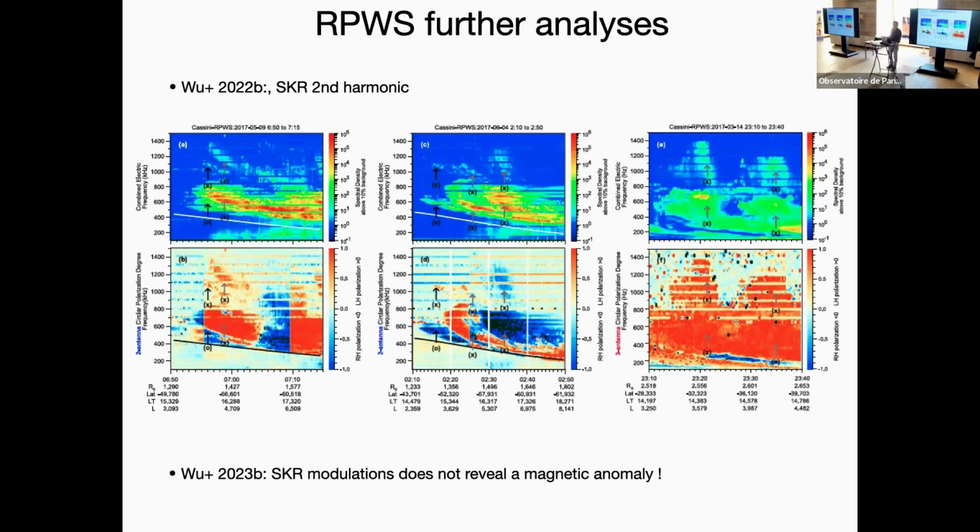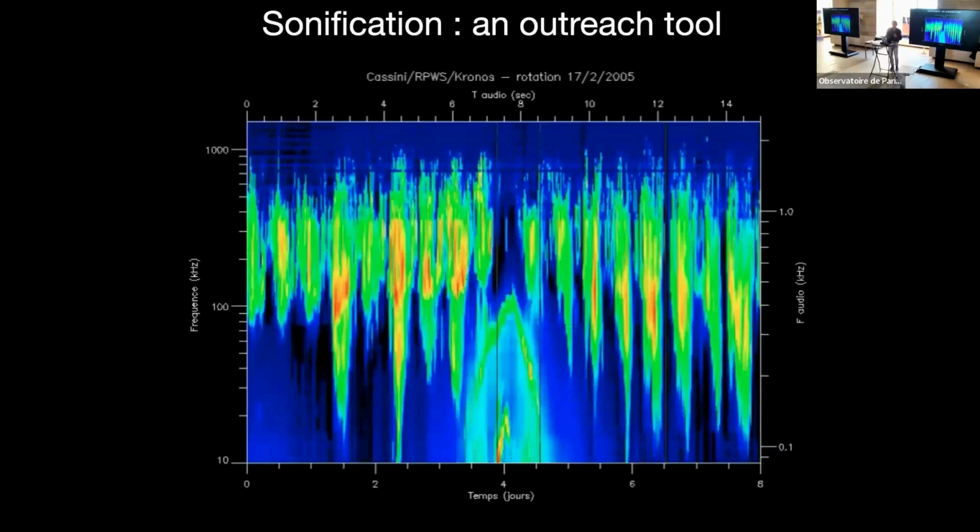And it's really interesting. Because this was supposed to be a celebration, I wanted to end on an entertaining slide. And so we made some outreach with RPWS because we didn't have very nice images. We made sound instead by transforming our dynamic spectra into sound. And so this is some kind, for example, of